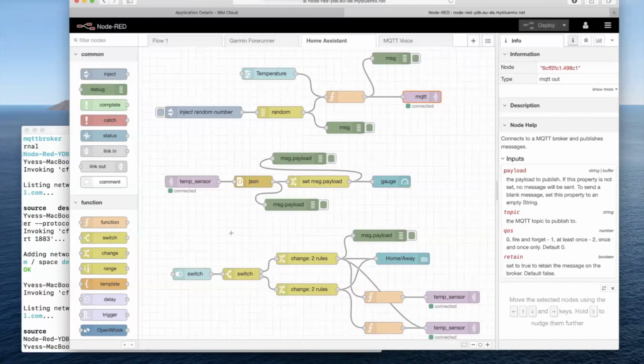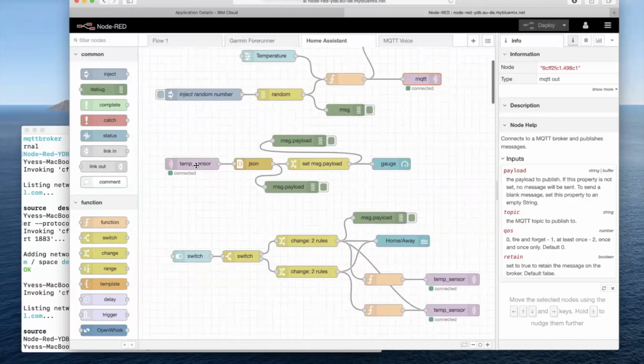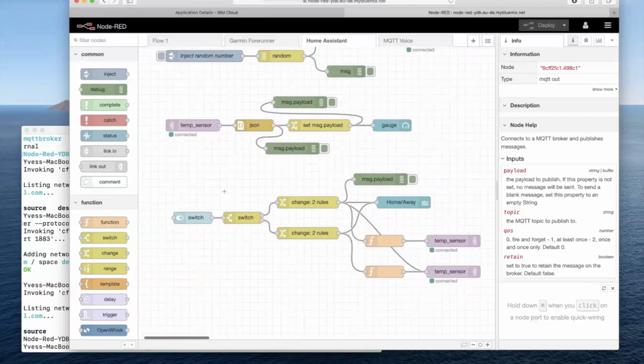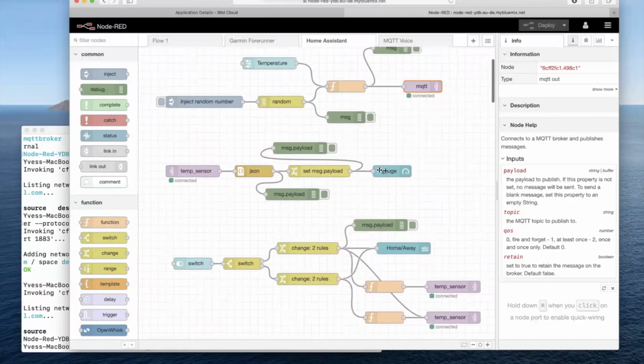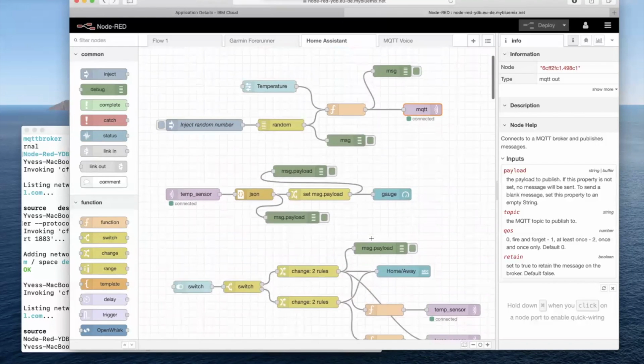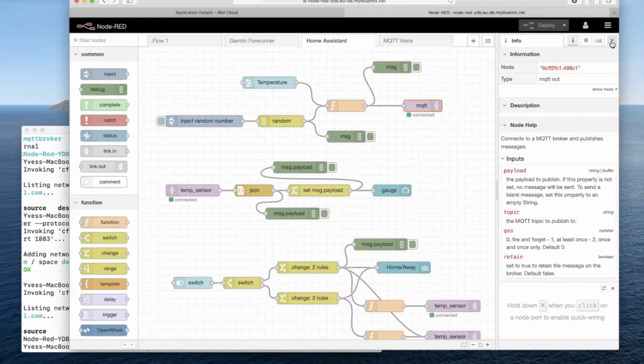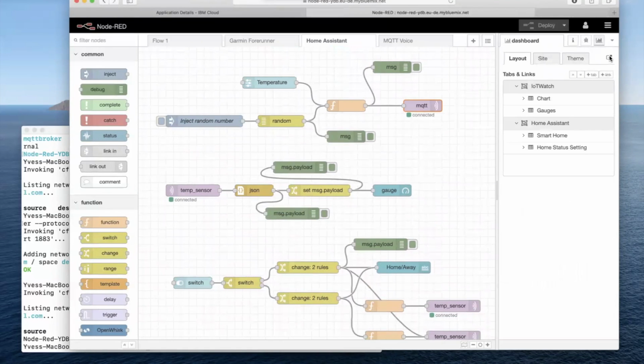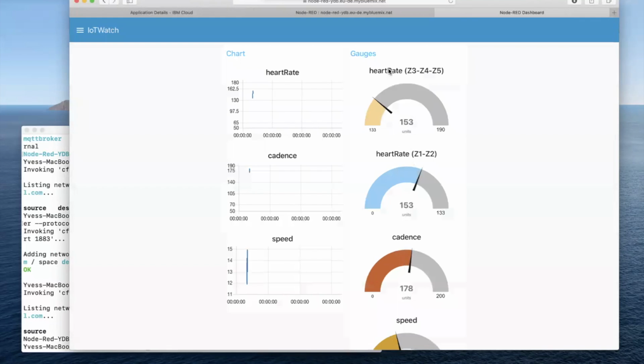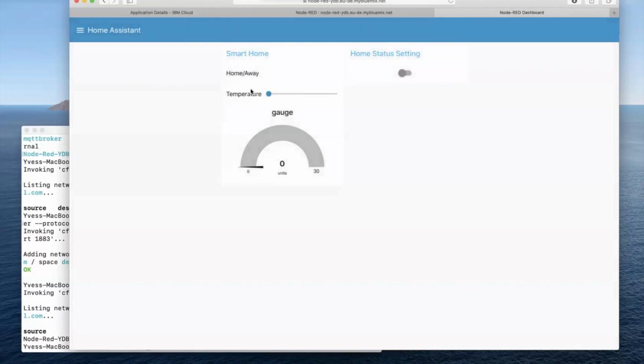I'm using some, well, could be sensors that are connected to MQTT. It's using a dashboard to make it visual, like the gauge, the home and away buttons, and you can access those. Let's see on the dashboard. And the dashboard looks something like this. It's the Home Assistant. For example,